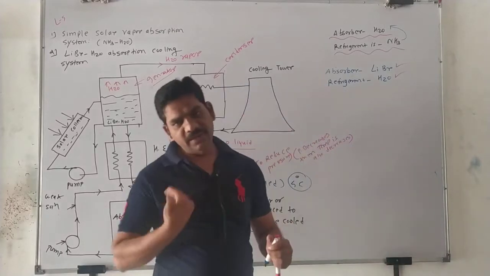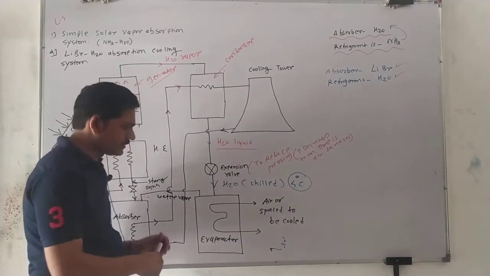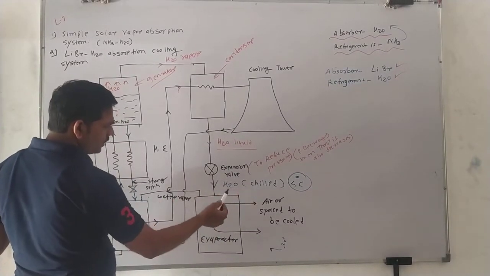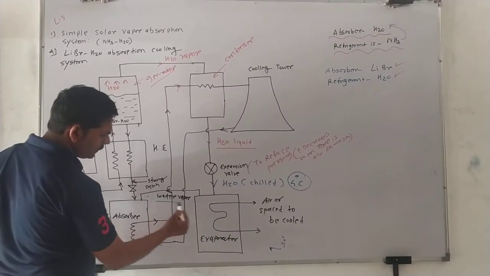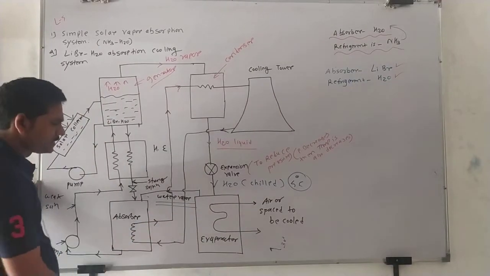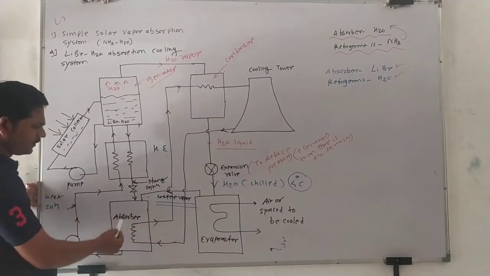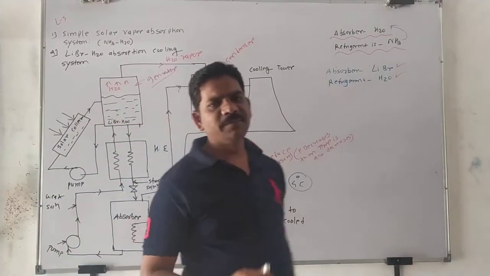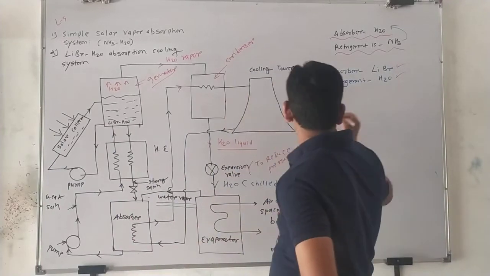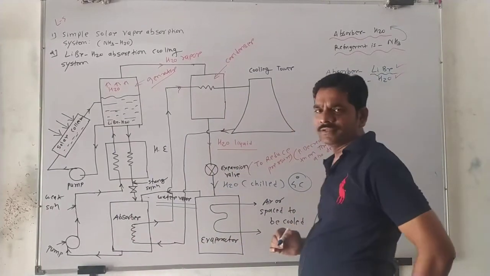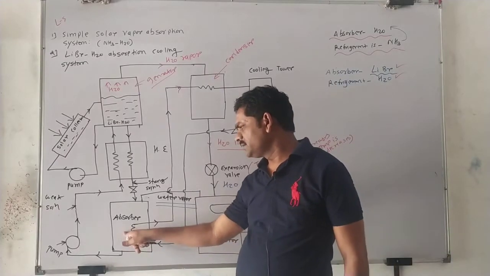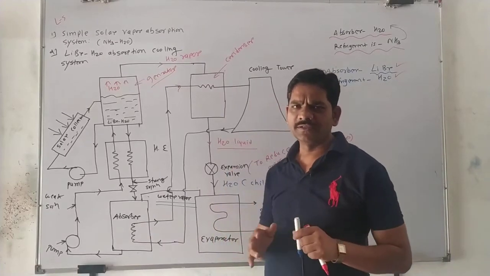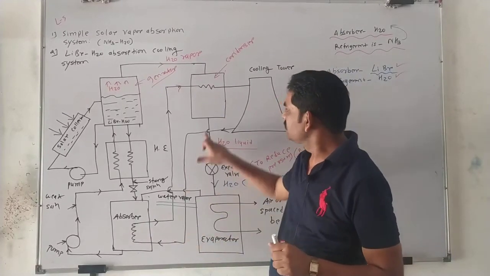Okay, after the evaporator absorbs the heat, this 4 degrees Celsius water once again converts into which form? Water vapor form. This water vapor is passed where? Inside the absorber. This absorber always maintains a low temperature, because our absorber contains lithium bromide. Yes or no? Yes. So this lithium bromide always maintains a low temperature. How is it maintained? By using cold water.